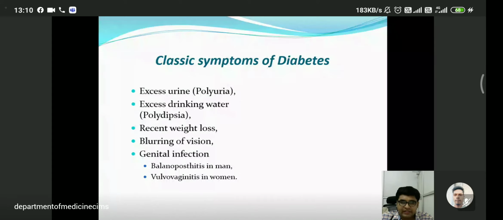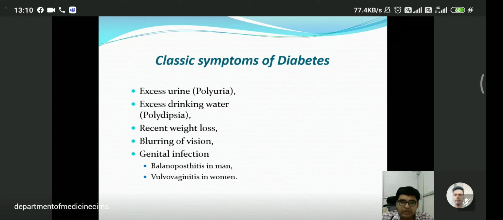Overall, they are prone to all infections, depending on the level of blood sugar they have, but genital infection is most common. Genital infection in women is vulvovaginitis or urinary tract infection. Patients come with this urinary tract infection, and later on investigation they are found to be having